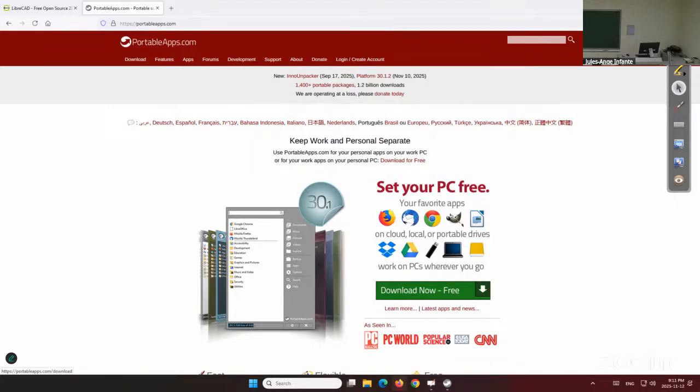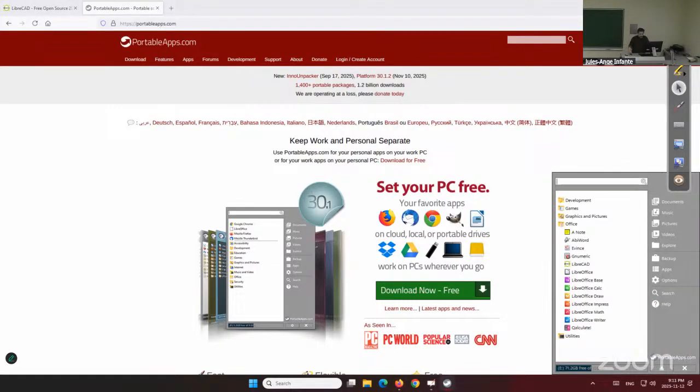And apparently you can even keep it on a USB stick, you could keep it on your Google Drive, Dropbox. You know, it's oriented to be usable for many. It's a very useful little software. And you see, when you have your portable app installed, you can go and you can search for